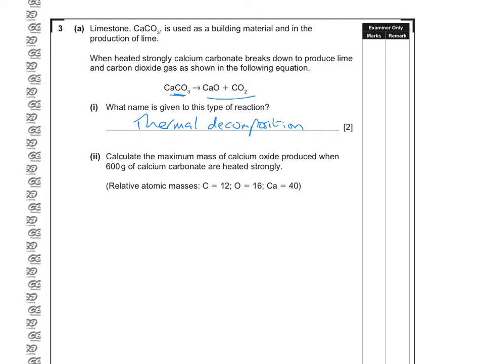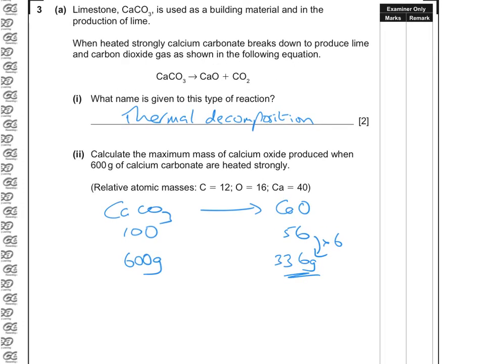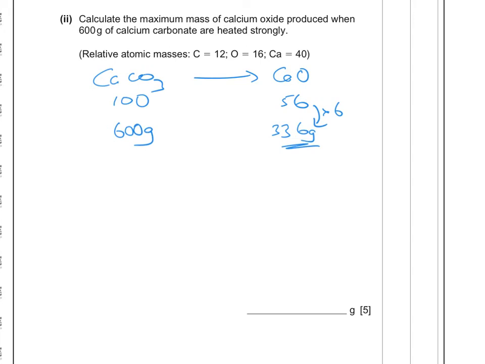2, a reacting mass question. Now this one's fairly straightforward. Calcium carbonate has an RFM of 100 and calcium oxide is 56. So say this one is actually straightforward. You could just multiply this up to 600. You're multiplying by 6, therefore you would multiply this by 6. And I think it's good practice to be able to use moles, so I'm going to do that. So if we do this again,